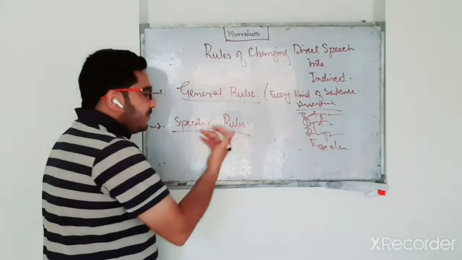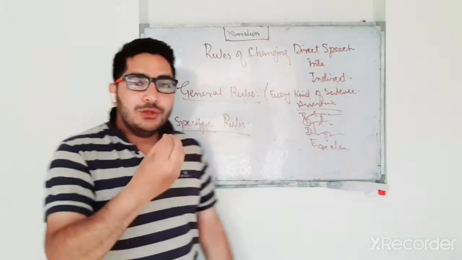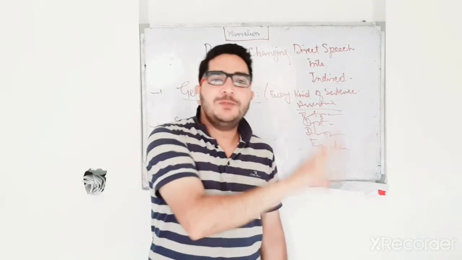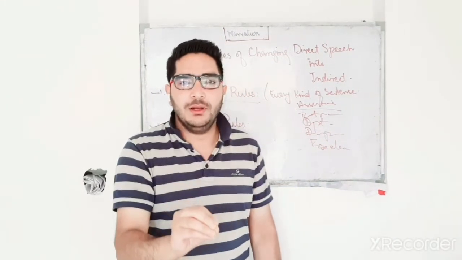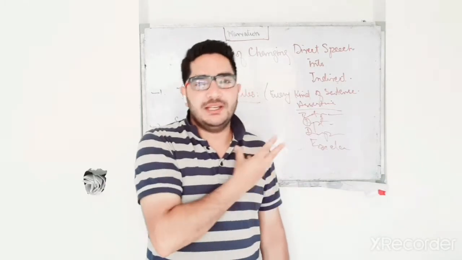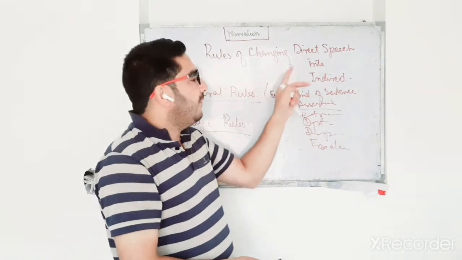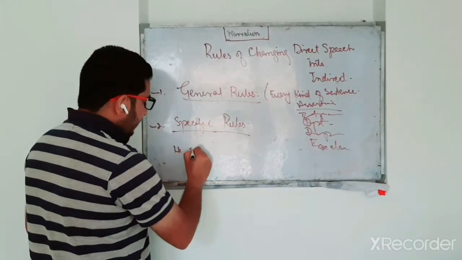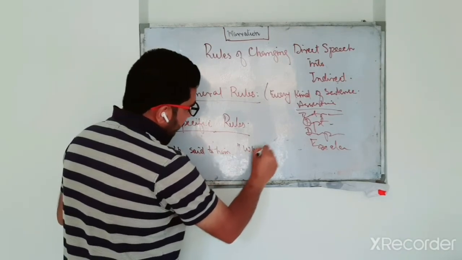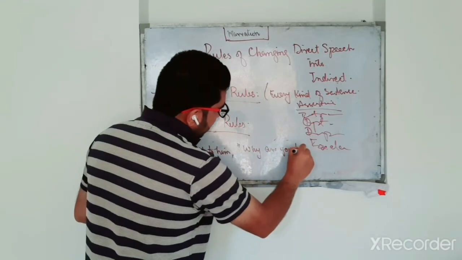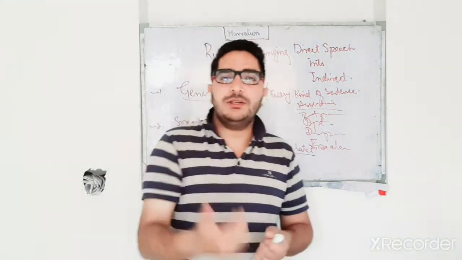Then talking about specific rules, the name itself tells us. Specific rules are those which are specific to a particular sentence. For example, while we change an interrogative sentence, say we have a sentence, he said to him, why are you late? This is an interrogative sentence. When we change interrogative sentences